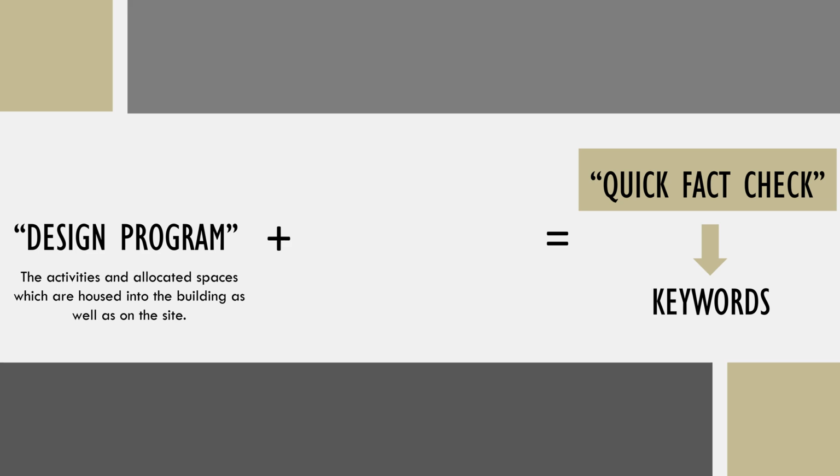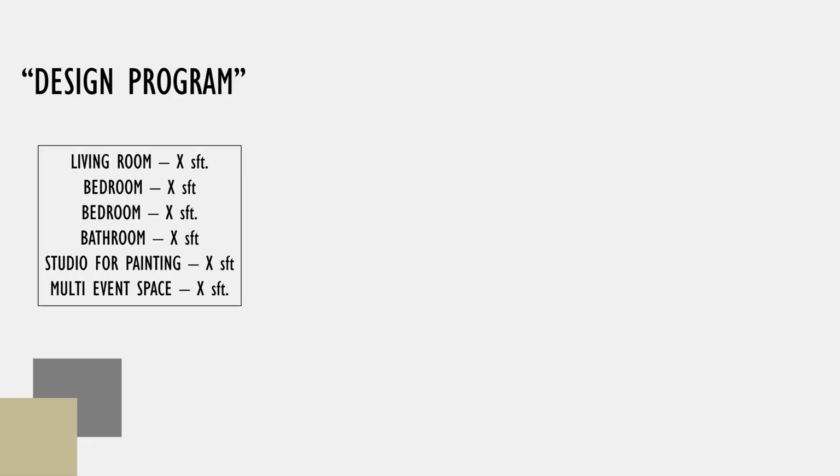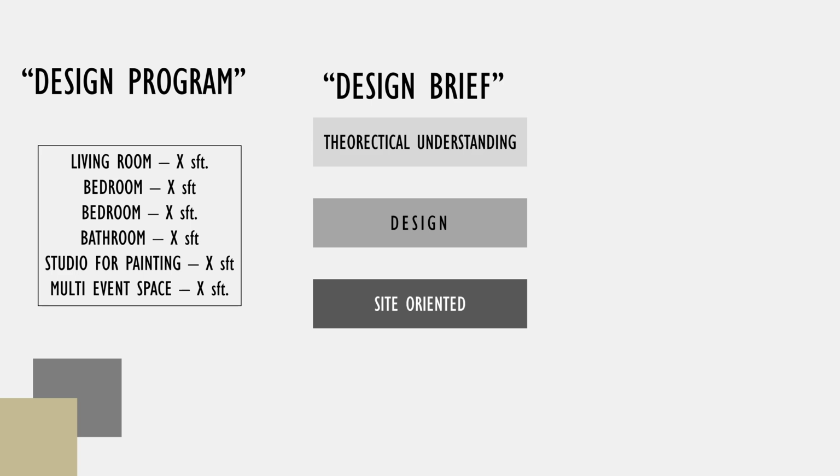Now, replacing the design brief with three aspects: theoretical, design criteria and site oriented. Design program: living room, bedroom, bathroom, studio for painting, multi-unit space, the list of rooms. Plus design brief: design and theoretical understanding, design and site oriented will give us the list of keywords: